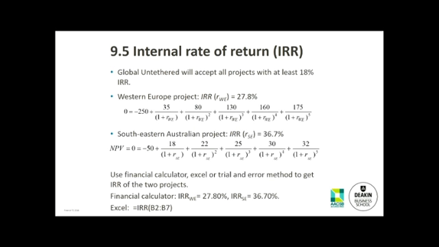Without a financial calculator, you can't work it out. In practice, you can use Excel or you can use a financial calculator, but without one, you can't work it out. Of course, you can do the trial and error method, but it's so stupid. To this end, you are lucky because I can't force you to get a financial calculator in your exam, right? I won't ask you to do any kind of calculation to calculate internal rate of return directly,